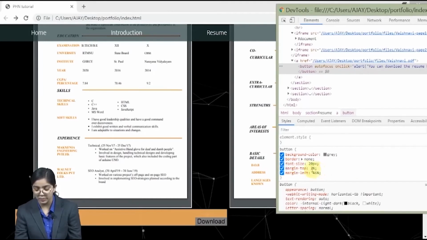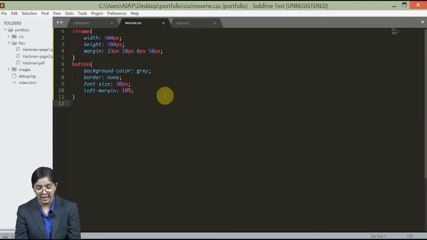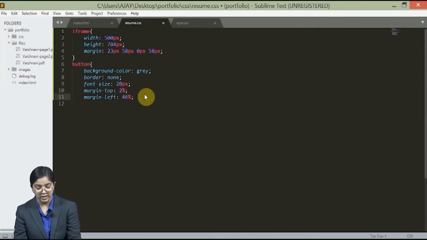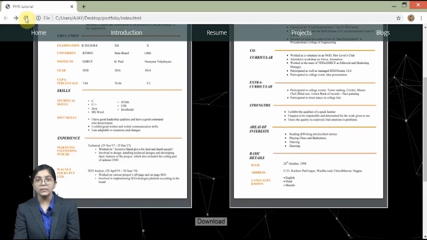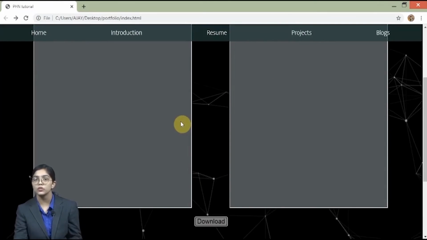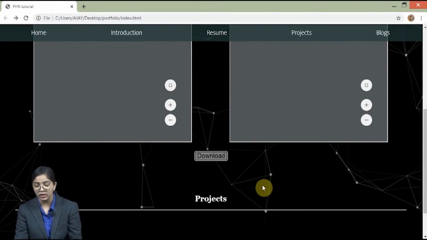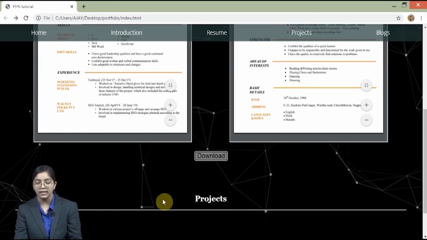So let's just copy this and paste it inside our button. Now save it. Sometimes the editors don't help us a lot, and that's why we use the inspect option, because it creates a much easier platform for us to code. Okay, so my download button has been created. Now you can see it has curved brackets and things like that. Now you can define each and every detail over here.